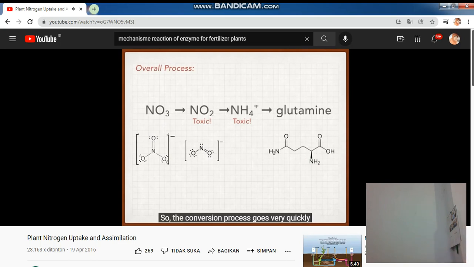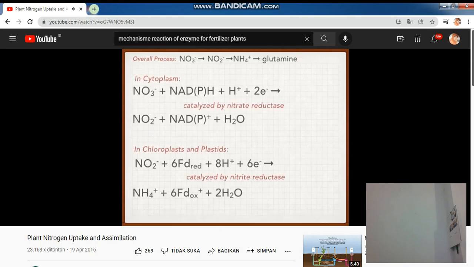So the conversion process goes very quickly, and the transcription of the DNA that codes for the enzymes that facilitate those reactions is a function of the concentration of nitrogen in plant cells to ensure that those reactions happen quickly. So in the first step, in which nitrate is converted to nitrite, it occurs in the cytoplasm with reducing power from NADH or NADPH, and it is catalyzed by the enzyme nitrate